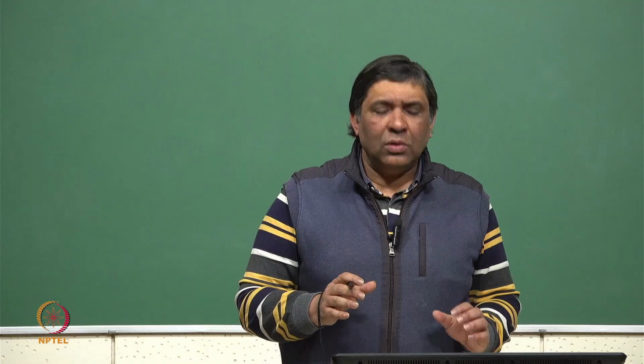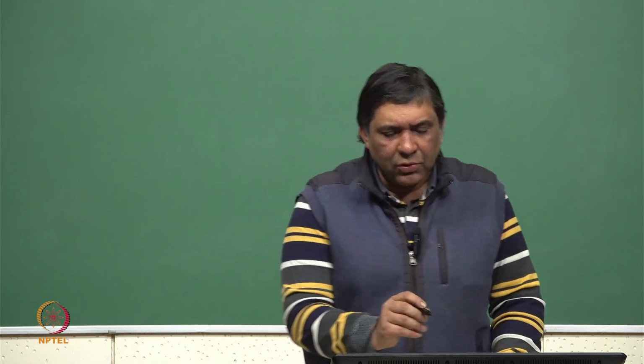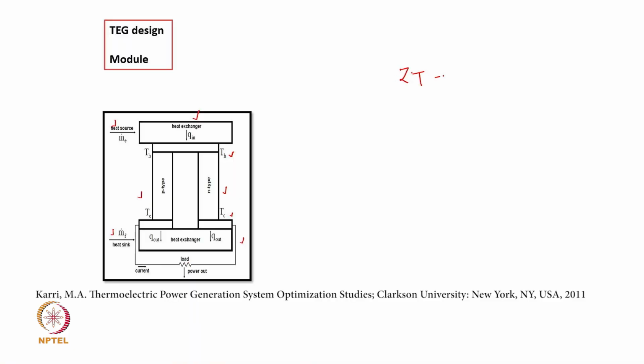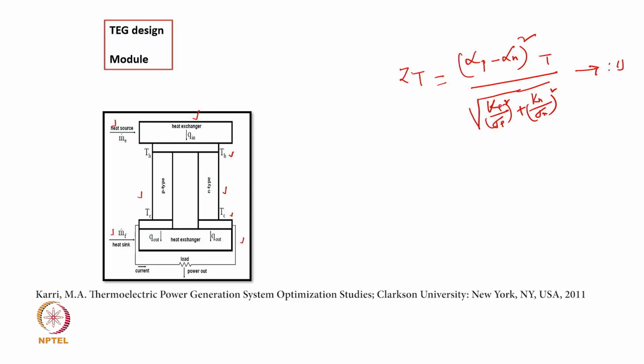Okay. So now, if you remember, we have discussed the figure of merit, which is equal to, when we consider such a case, when we have one N type and one P type semiconductor, the figure of merit is... So it depends on both the Seebeck coefficients alpha p and alpha n of the P type and N type semiconductor, thermal conductivity kappa p and kappa n, and also electrical conductivity sigma p and sigma n.